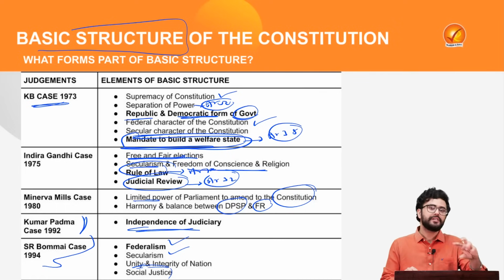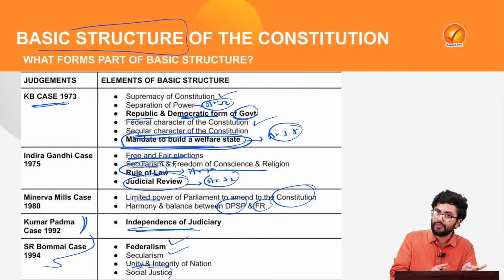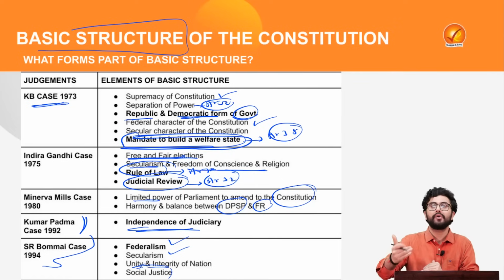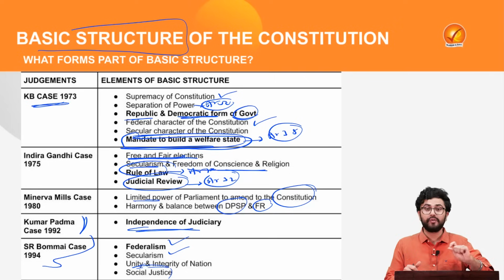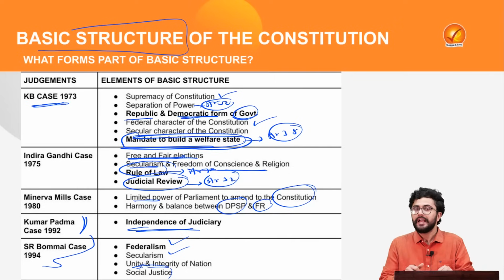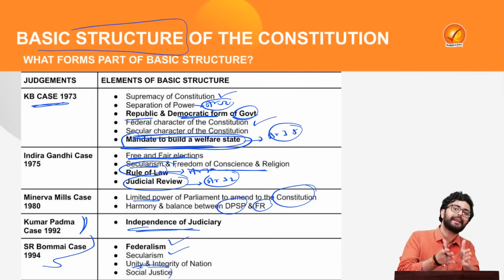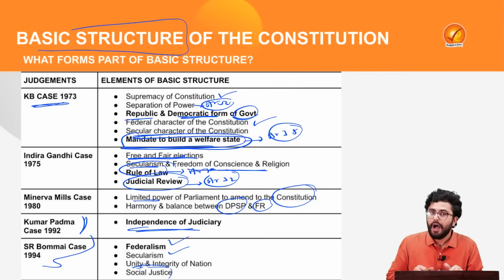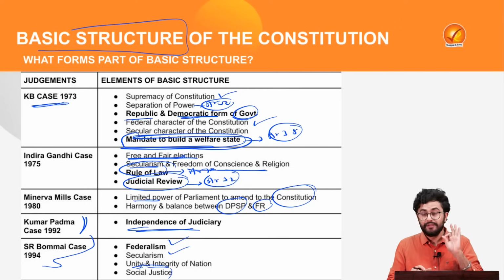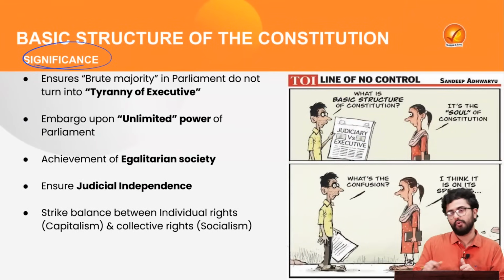Then there have been several criticisms of this basic structure. First of all, it is completely vague and not defined. Then it is extra-constitutional because it was not in the original Constitution, and the judiciary has done its overreach or has gone in the direction of judicial adventurism and has introduced this new concept in our Constitution. Then the definition and its implementation completely lie on various directives by the Supreme Court. However, the basic structure is very essential for our country because of the significance it holds.